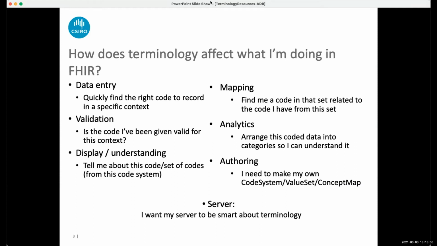So some of the places, if we are using FHIR, that terminology will be used. And actually, I should mention that the use of the FHIR terminology API doesn't necessitate that you're using FHIR for all of the rest of your health data. So we at CSIRO have seen a number of people using the FHIR terminology services API in conjunction